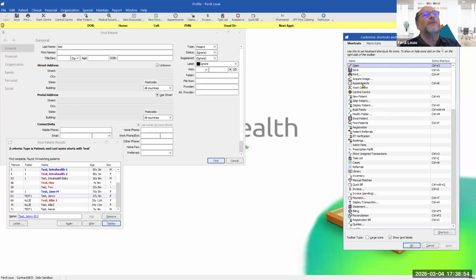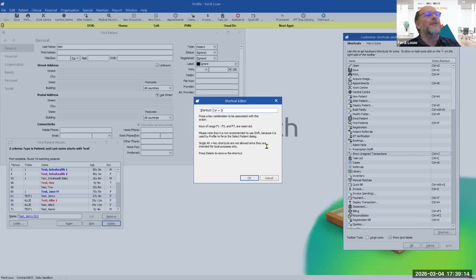In this list, we've got a lot of functions on the left-hand side, and then we've got shortcut keys that were assigned to them. If you want to change something, I can go to my unsigned transactions and click on shortcut below. That opens a window where I can define what shortcut I want.